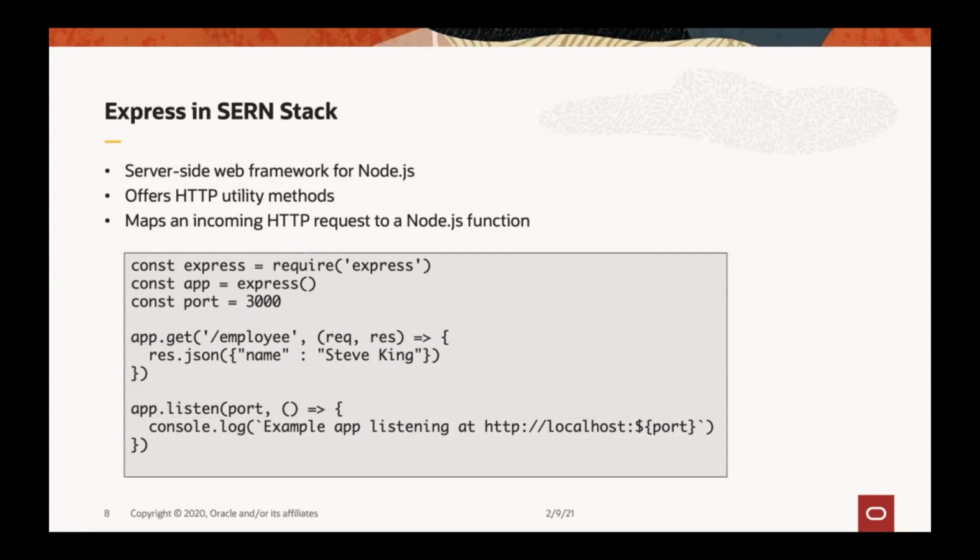Moving on to the next element in the stack, it is Express.js. Express.js is a server-side web framework for Node.js. It offers various HTTP utility methods to map an incoming HTTP request to a Node.js function. So this typically runs on a backend server, and depending on the REST URL, Express maps that URL request to